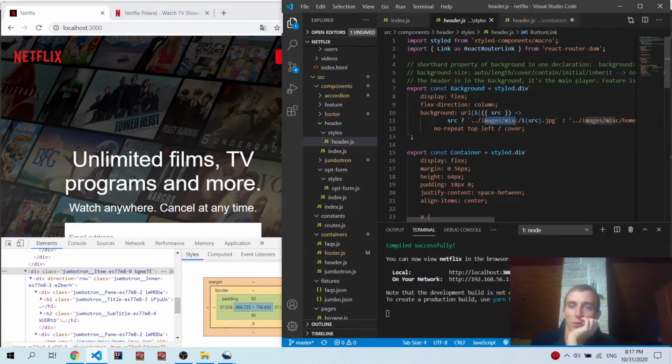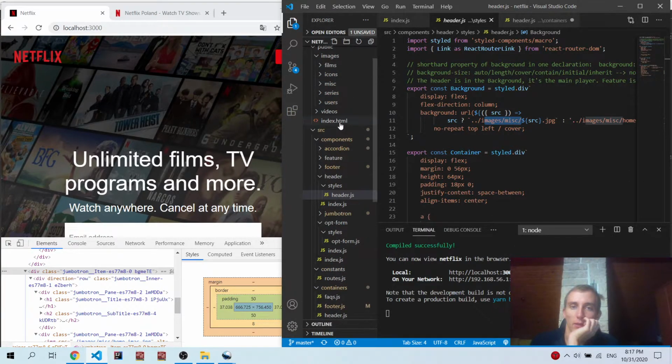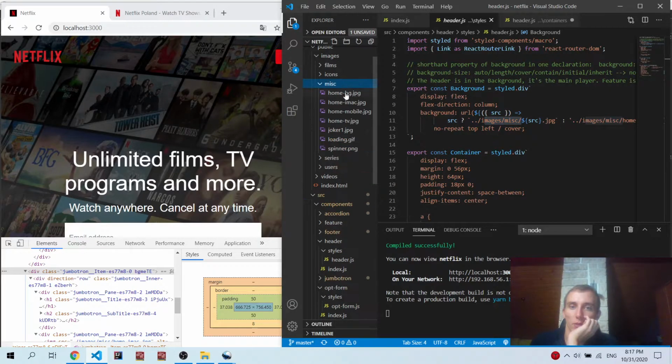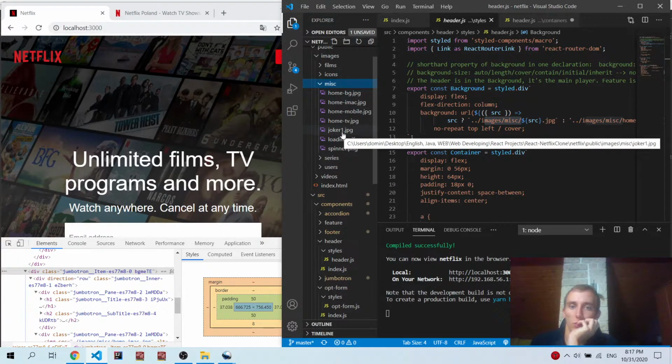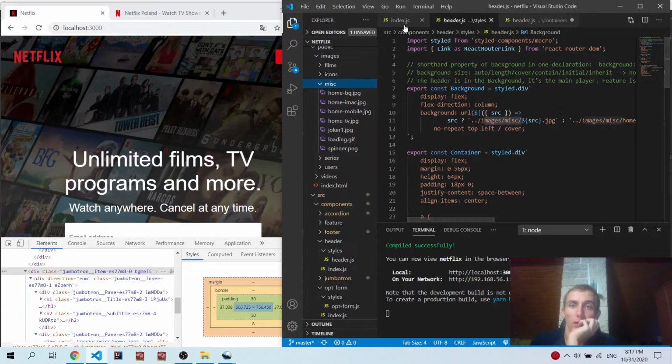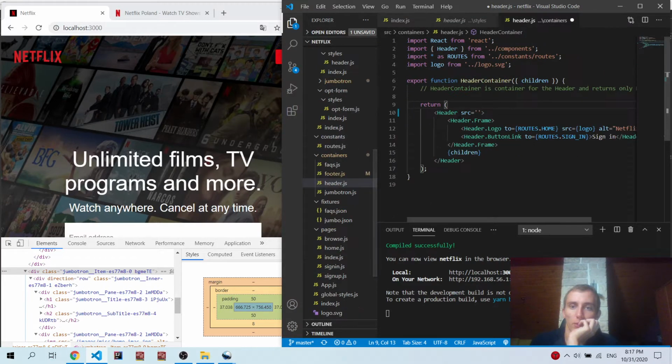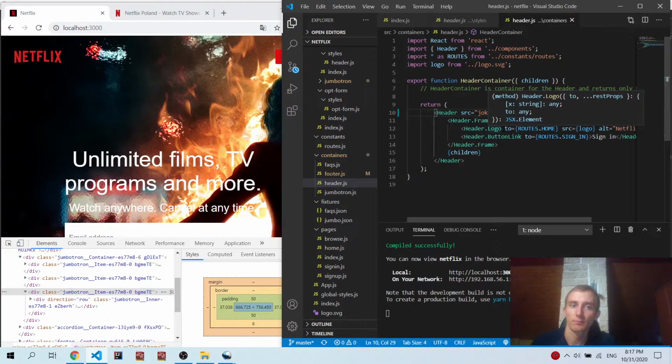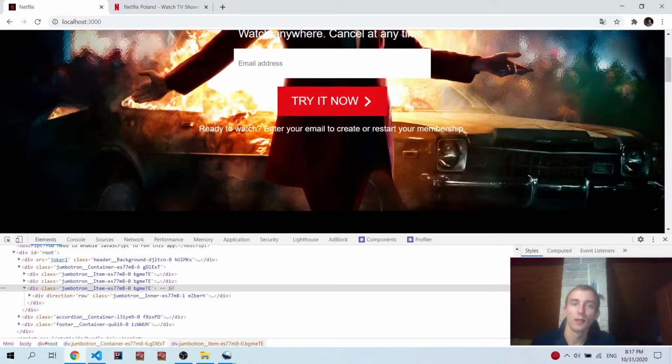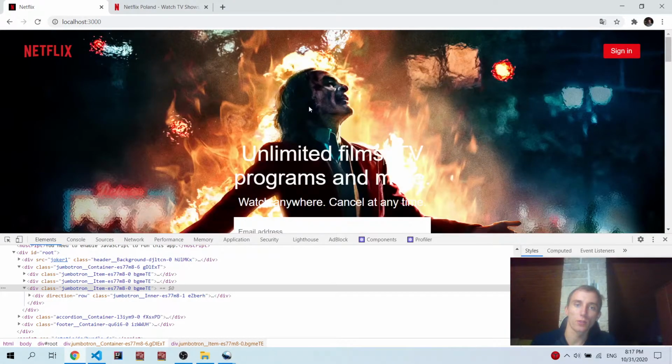So images, miscellaneous, and then JPEG. So for example, we get Joker 1. If I do Joker 1, we have Joker 1. See, it's very easy to change the background like this